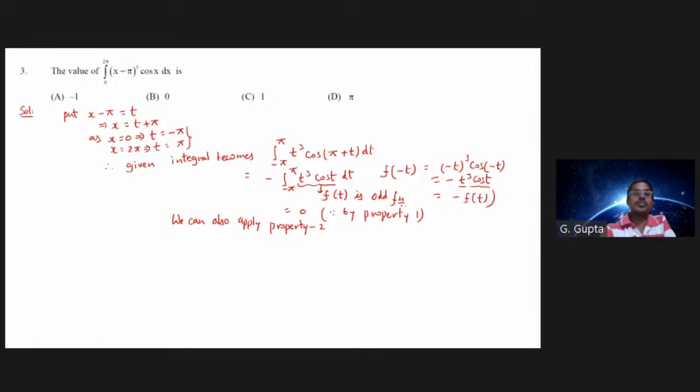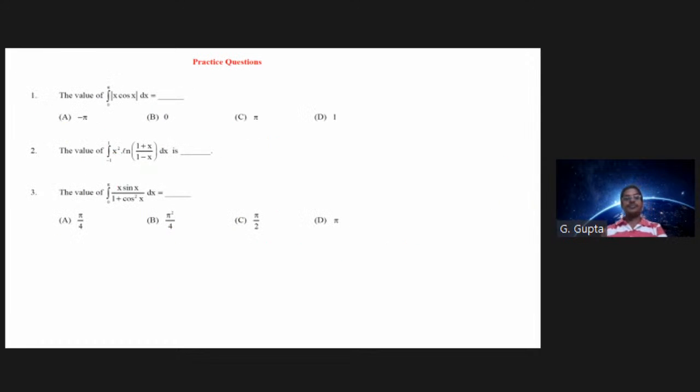We'll go to practice questions. The first one, modulus properties. Mod AB is equal to mod A multiplied with mod B. Similarly, mod A by B is mod A by mod B. Now, this can be written as